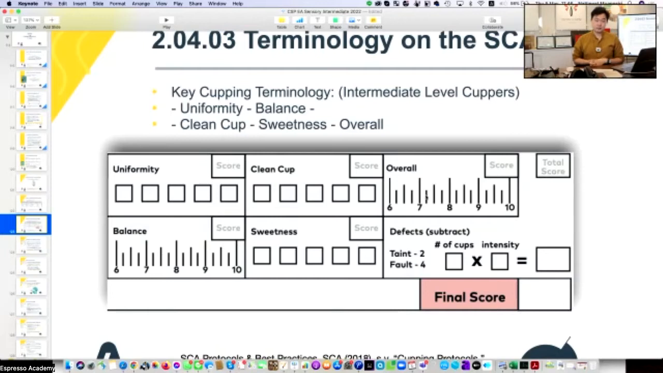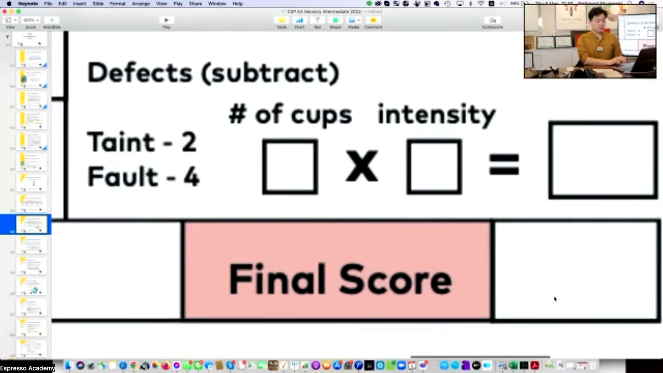Is it clean? Then we talk about the sweetness. Then we score on the balance and the overall score. We also have to talk about the defects, such as taint. Is it taint? Is it fault? How many cups? How much should I deduct? This is something that we have to consider because